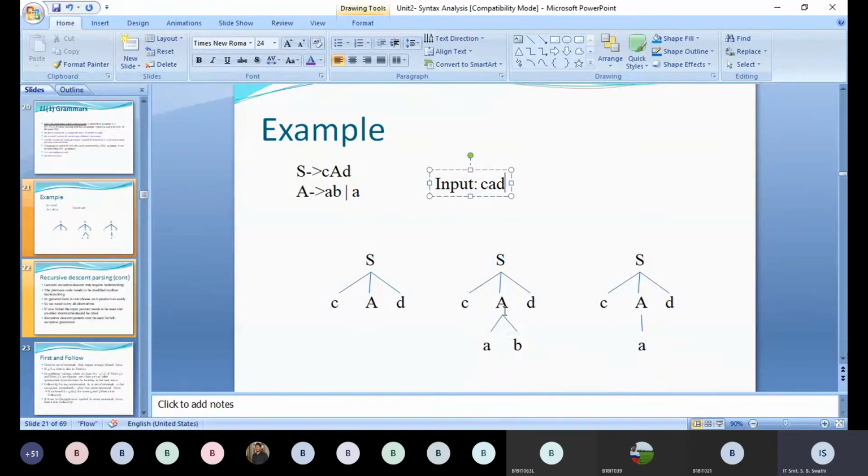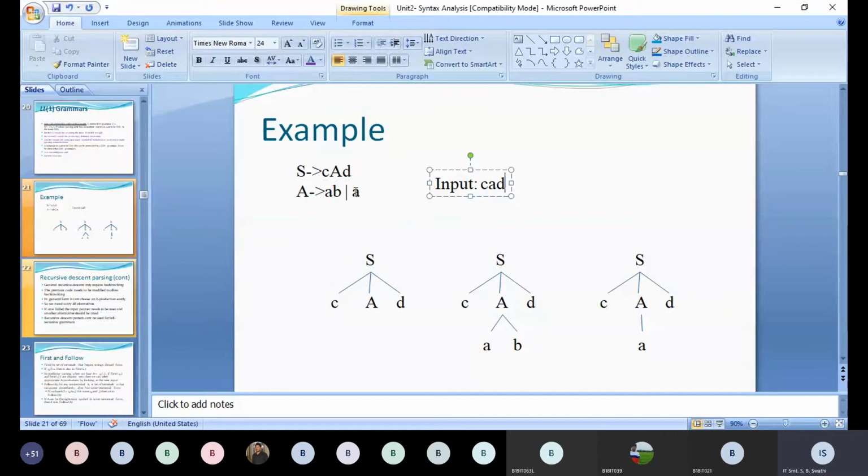So again, what will the compiler do? It will remove this production AB, and it will go for the next replacement of A. What is the next replacement of this non-terminal capital A? It is the terminal a, the small letter. Again, it will check whether it matches the given input string or not, replacing capital A with small a, and in anti-clockwise direction it checks the string. So here we have CAD, so it is matching, right? In this way, one expression after the other, we have to go on checking until we get the required input string.